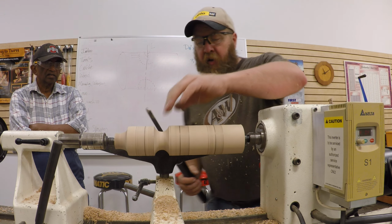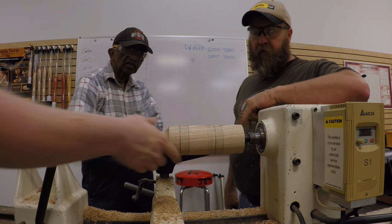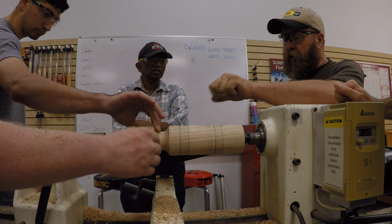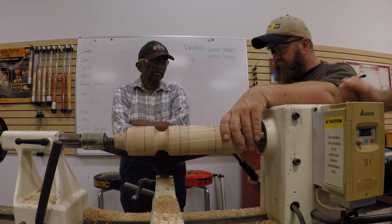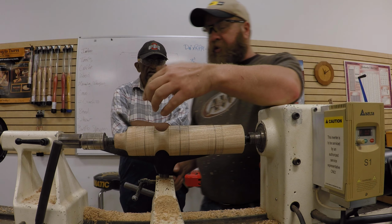So now, if you feel these, the ones that are cut in a proper direction, these feel much smoother, because we're working with the grain. We're cutting from large diameter down to small. So what I want you to do is, there should be spindle gouges at your station. I want you to start, mark